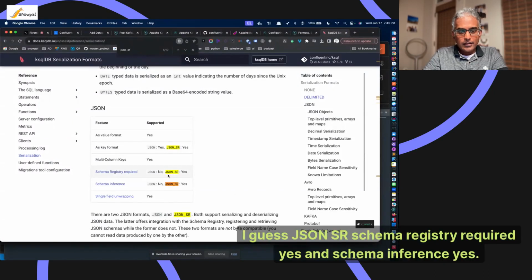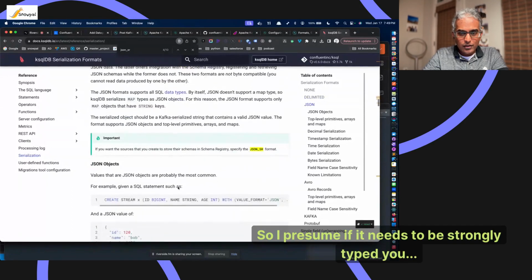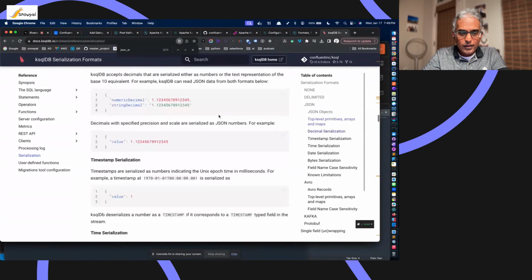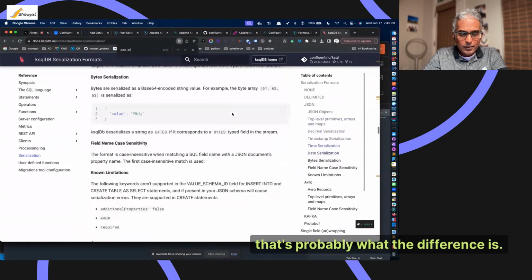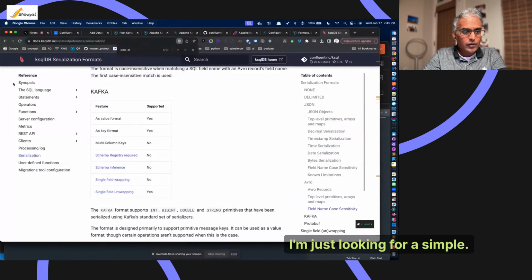Yeah, I guess JSON SR, schema registry required, yes, and schema inference, yes. So I presume if it needs to be strongly typed, okay, that's probably what the difference is. I'm just looking for a simple